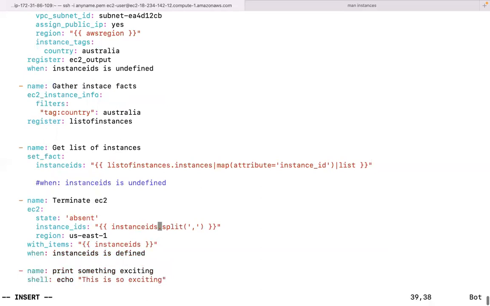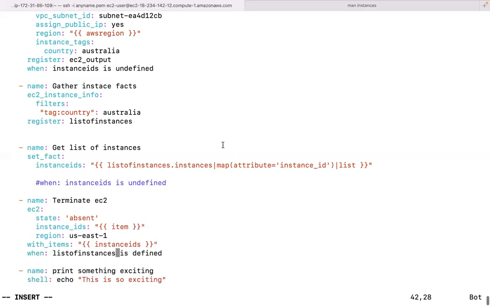And you will be providing something like item. Grab one by one and just go ahead and terminate them. That's what you are telling. So instead of instance_ids are defining, I would say